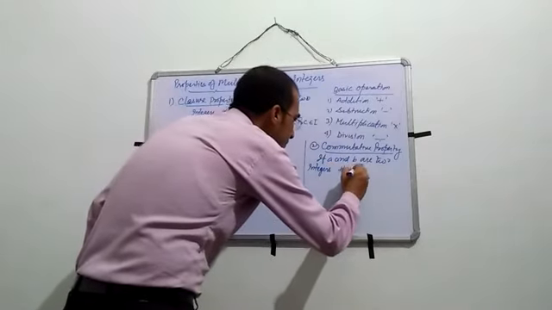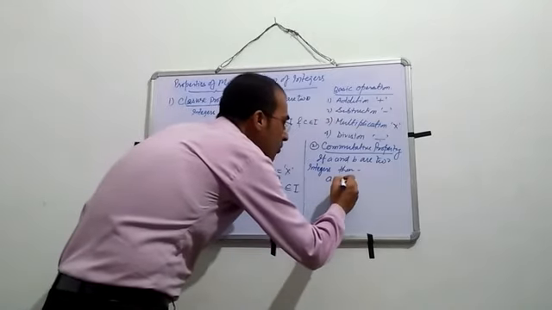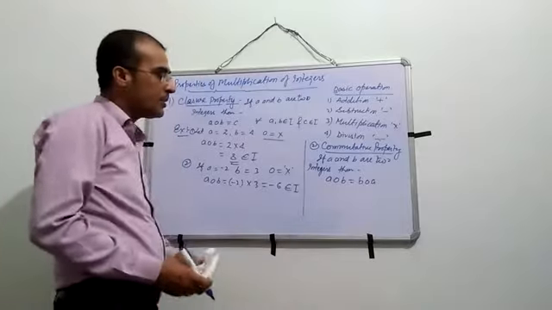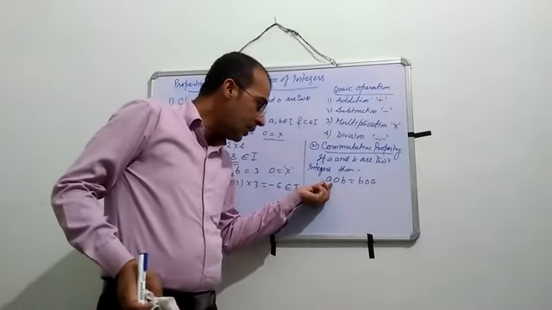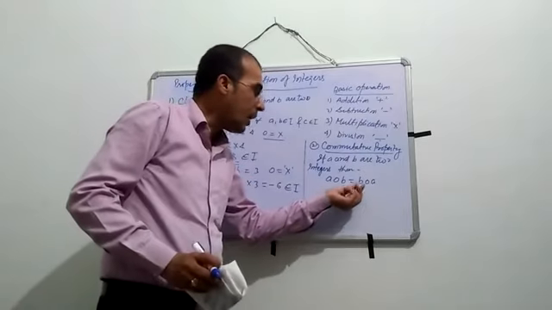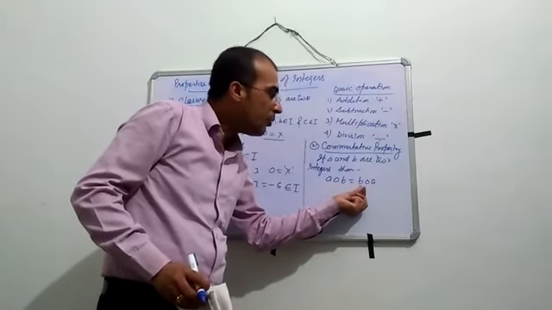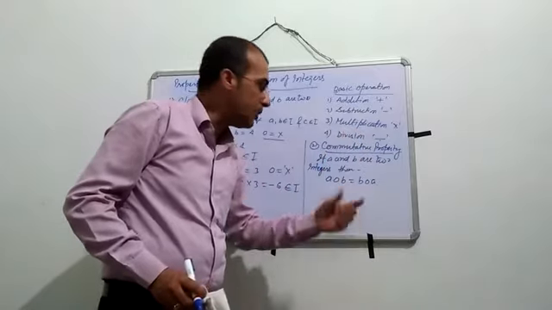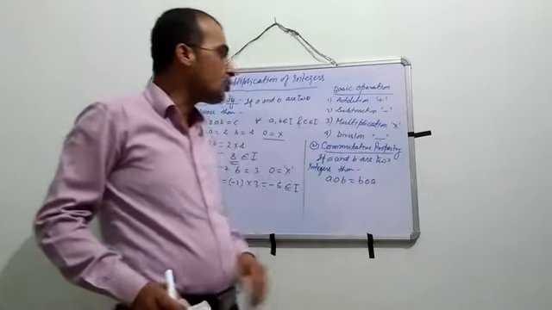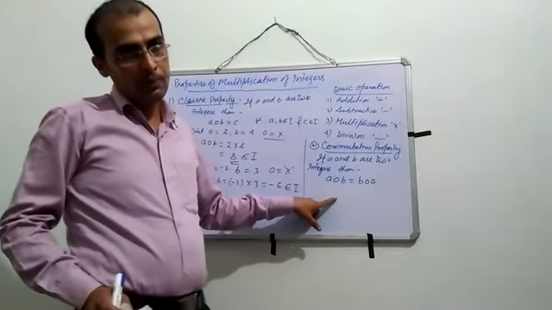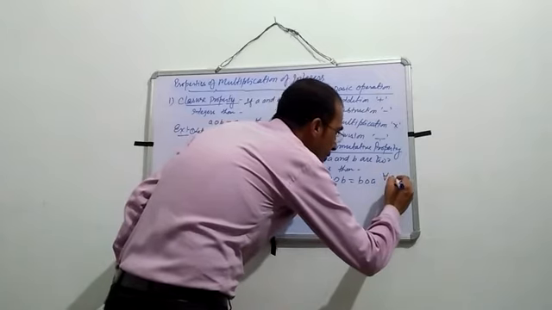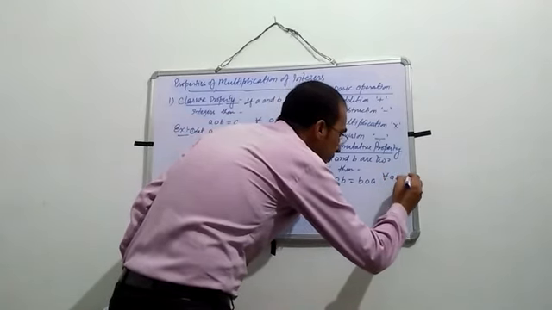then a o b equals b o a. It means here first you multiply a with b, and see what the result is, and next you multiply b with a. Then what will be the result? If both are the same, then you can say that the commutative property is true for integers with multiplication, for all values of a and b belonging to I.